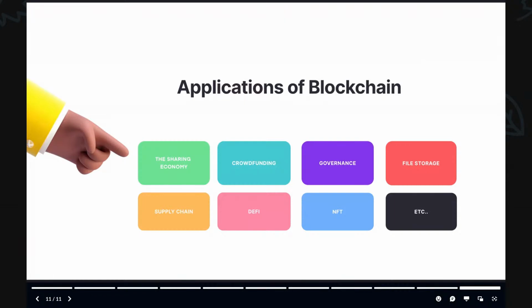Governance, we have already talked about how we can use it for voting and all those things. File storage, we have already talked about this. Instead of having a centralized database, we can have a decentralized database, something like IPFS, which is a file storage system on blockchain,